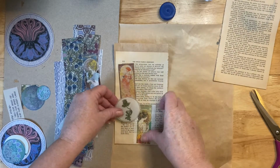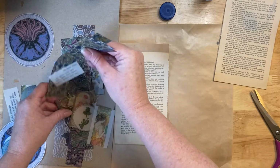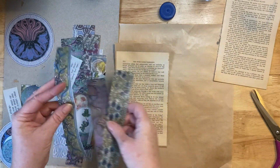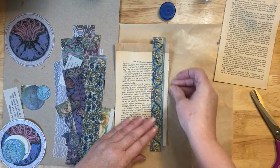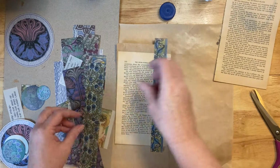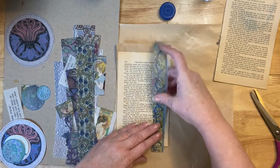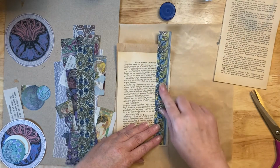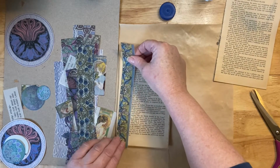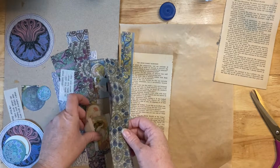That's cool too. All right, and then I'm going to include, this is all the paper that I printed, but I'm going to include one page that just has a strip of each piece, and that's what I did, and then printed it on vellum, and it's just so pretty. I think maybe, let's see, I don't want to cover up the fun edge. Maybe this, a little,